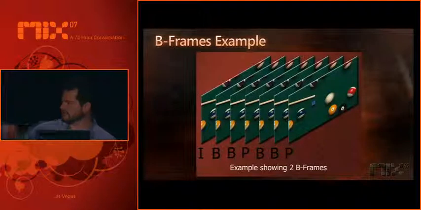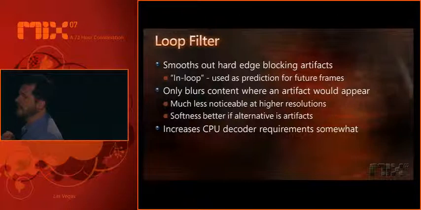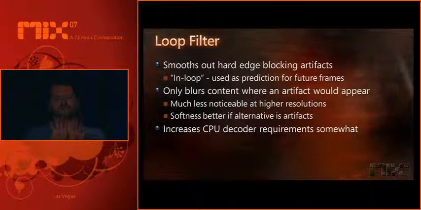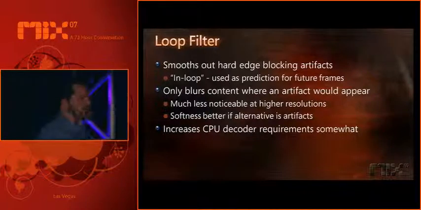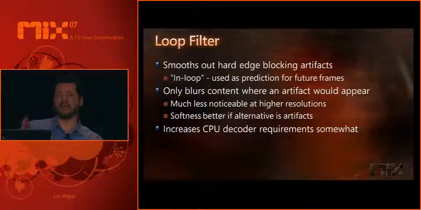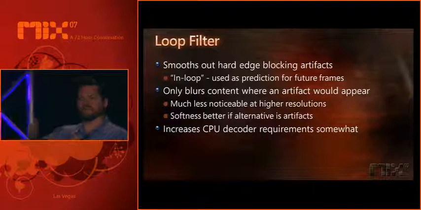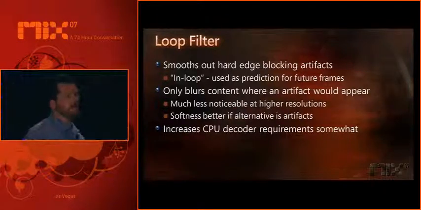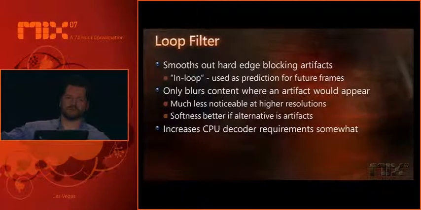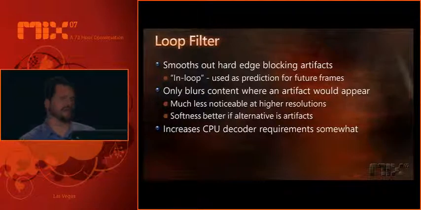We're going to be using them on. It's kind of a structure for how the IPs work together. Loop filter, turn on, and this is an in-loop deblocking filter. It finds where, if you have too compressed, you see errors between two blocks, and it softens those out. And it's in loop, which means that when it bases frames on past frames, it bases them on the deblocked versions of them, which means that when it fixes errors, it doesn't have to keep fixing them in future frames. Helps a lot at low bit rates. It's worth always having it on from a quality perspective, but it does slow down your CPU decoder some. So watch it if you want to play back like 20 different clips at once,